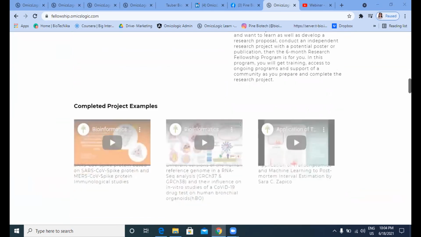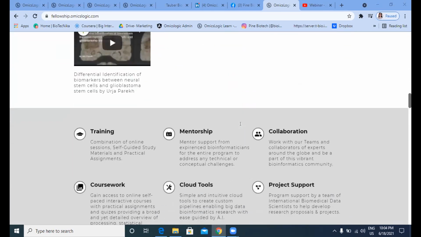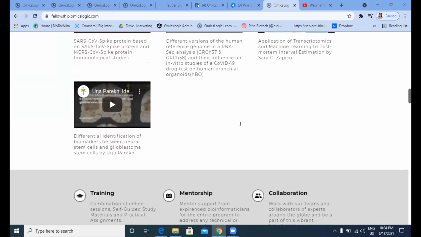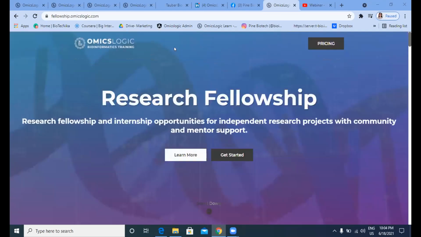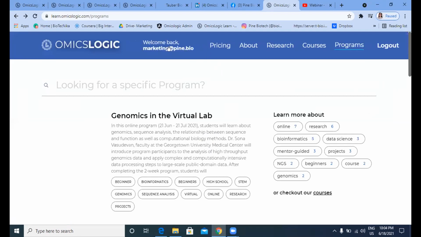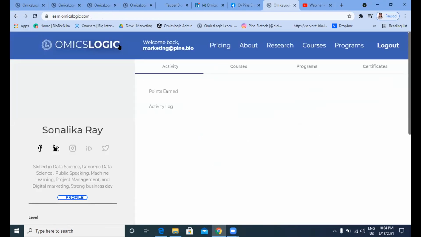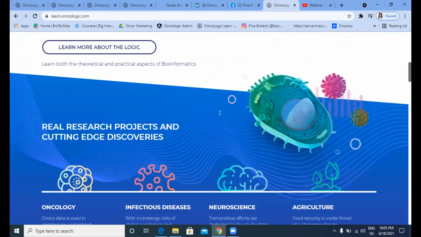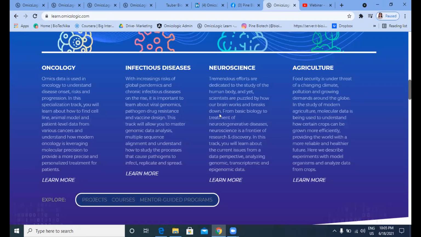What is your research interest? A lot of you here are interested in genomics, and as we already mentioned, genomics has many different applications. And Sonalika, if you could now go to the home page. On the home page, we have the 4 categories of different types of projects that we have. Okay, so if you scroll down, we have here oncology, infectious diseases, neuroscience,